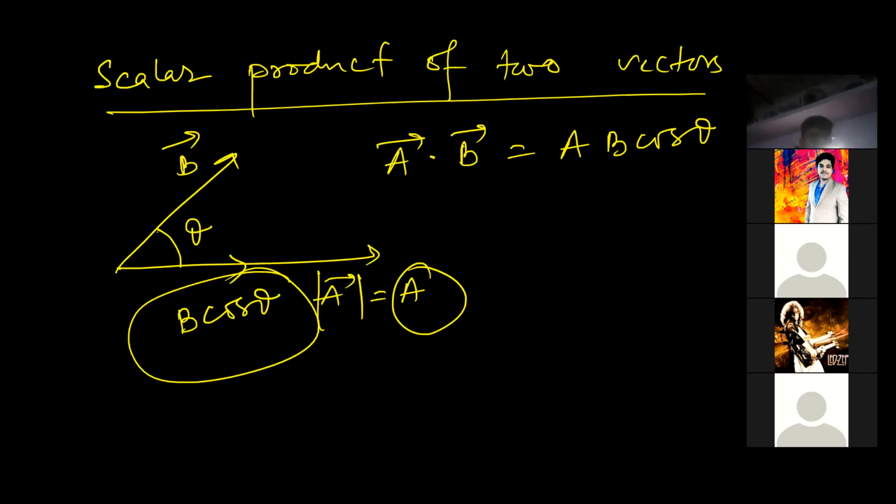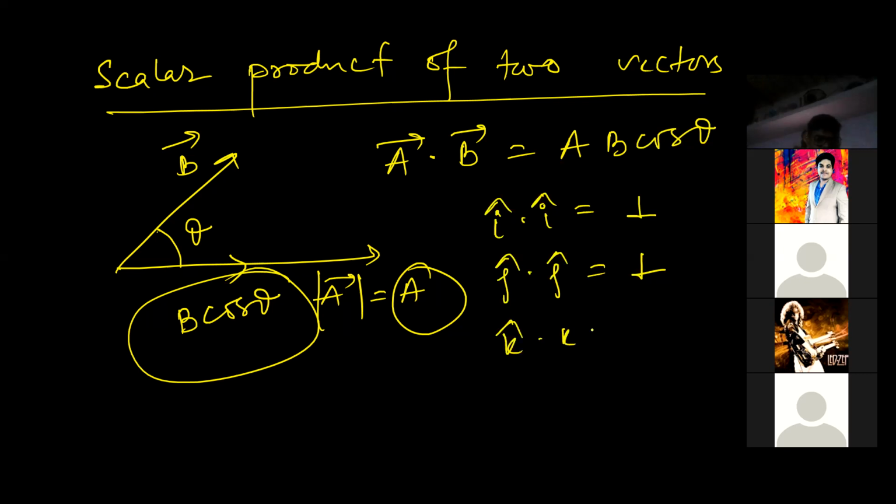Okay. So in this case, two to three types of questions come. First one, how to find the dot product of two vectors. In this case, one vector is given like 3 I cap, 4 J cap, 5 K cap. Whenever a vector is represented with the help of unit vectors and you have to find the dot product, remember one thing: the dot product of I cap and I cap is equal to 1. The dot product of J cap and J cap is also equal to 1. And the dot product of K cap and K cap is also equal to 1.